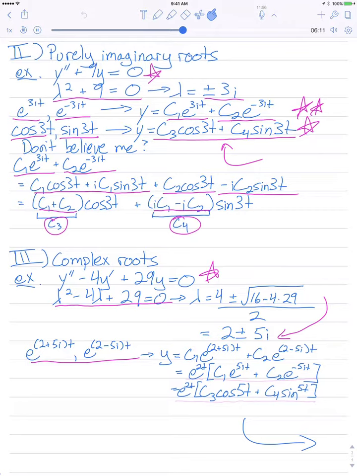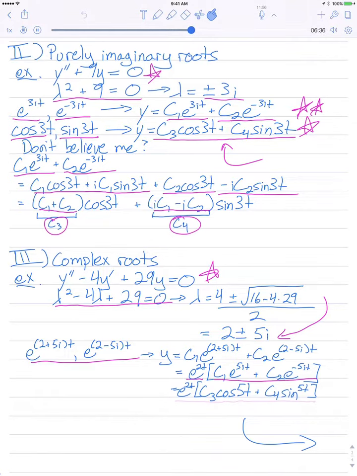And again, we just take exponentials to form our general solution. So that's c1 e to the (2+5i)t plus c2 e to the (2−5i)t. Both terms have a factor of e to the 2t, so we factor that out in front, and we're left with this quantity in the brackets, c1 e to the 5it plus c2 e to the minus 5it,